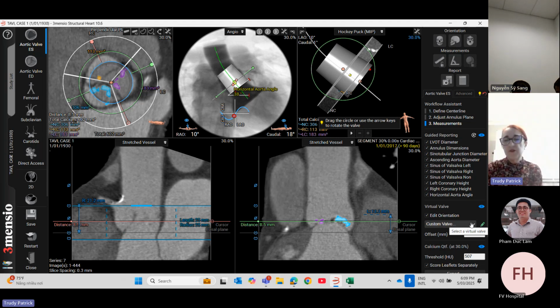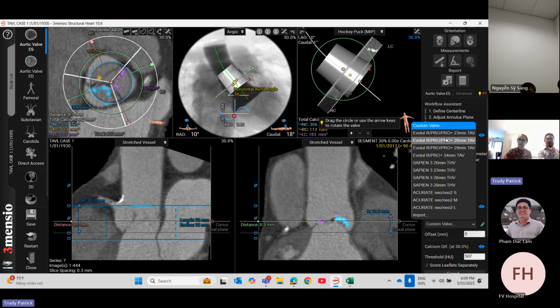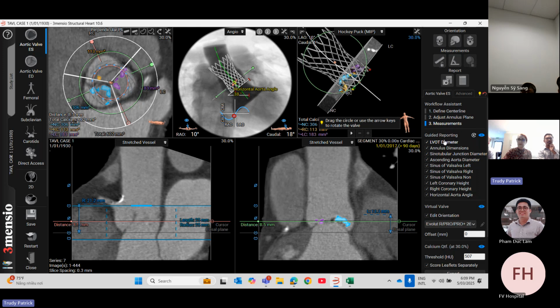And what sort of valve do you normally use for your patients? Evolute, yeah. Self-expandable. Okay. Self-expandable valve. Evolute and Allegra. Okay. Yeah. From Medtronic. Yeah, Medtronic. So just for, it's not sized properly, but it just gives an idea of the potential